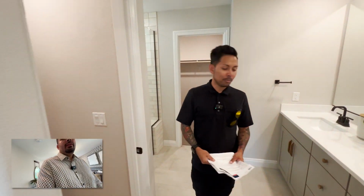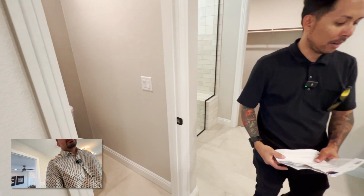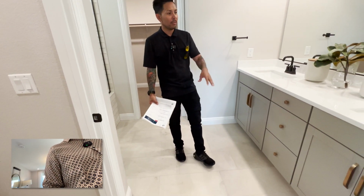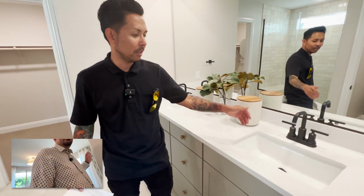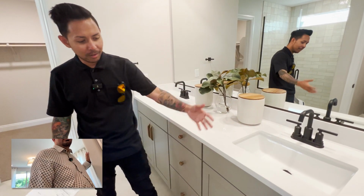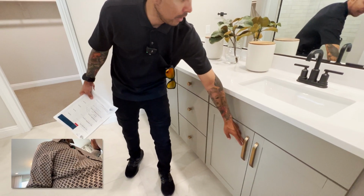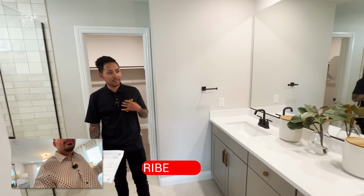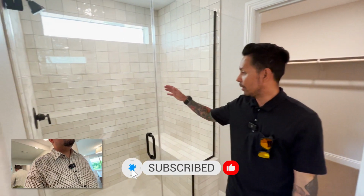Now we're gonna walk into the owner suite's bathroom. You have your toilet right here to the right. You have your upgraded tile floorings. And then you have this nice quartz countertop with the undermount sink, black hardware. You have these gray cabinets with the gold hardware right here. Very nicely done with the Pulte home models. And then you have this very, very